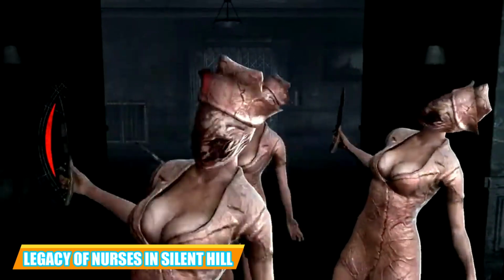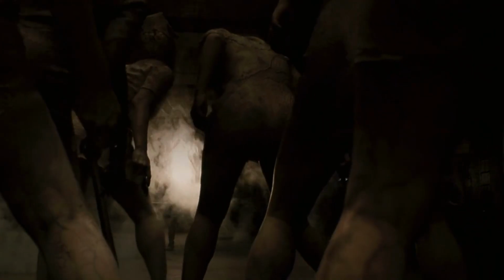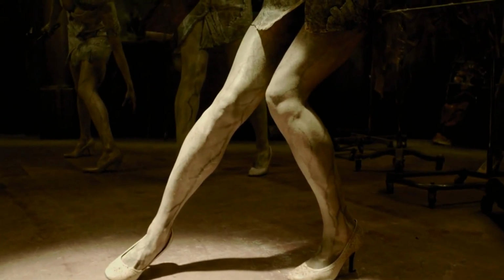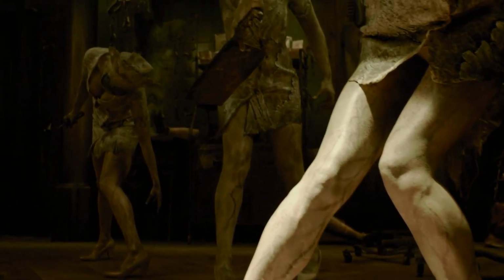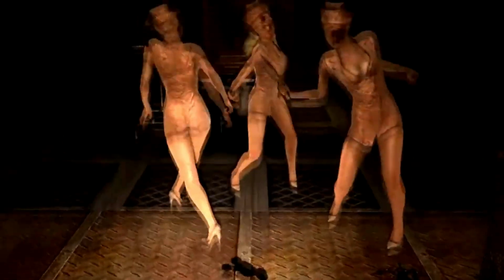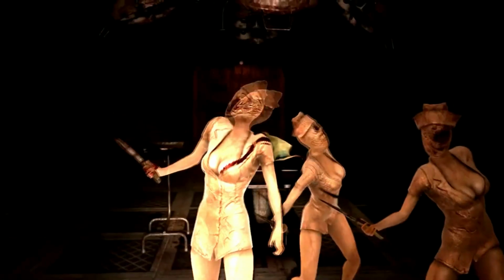Legacy of nurses in Silent Hill. Over the years, nurses in Silent Hill have evolved, but their core purpose has remained the same. They are an iconic part of the game alongside the Pyramid Head character. Apart from cosmetic changes, the nurses have maintained their position throughout the series. They have been used extensively to objectify women with their skimpy outfits. On several occasions, they also provide jump scares to keep the very essence of the horror adventure game within their